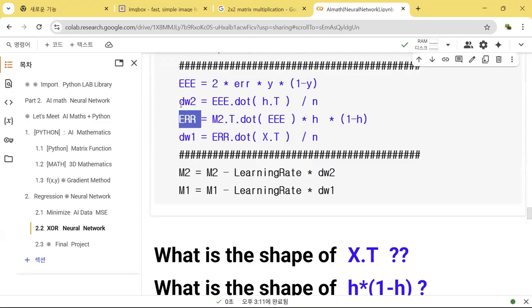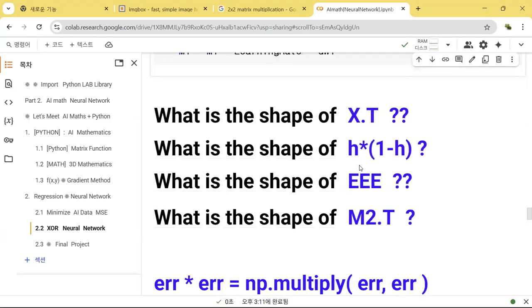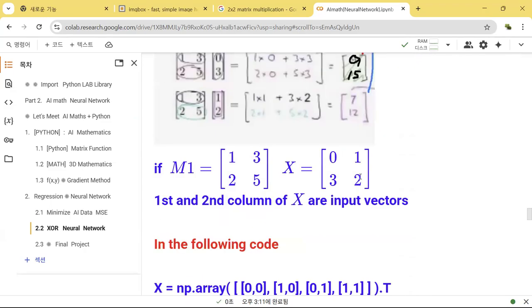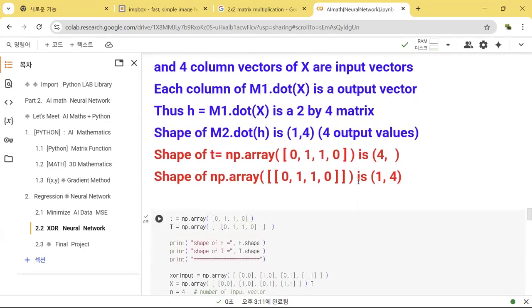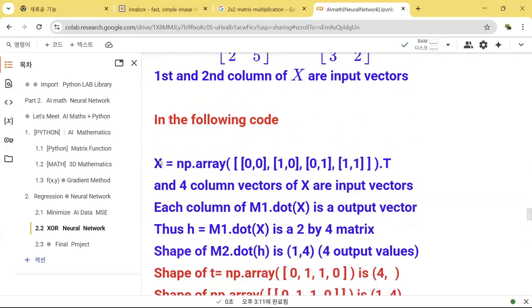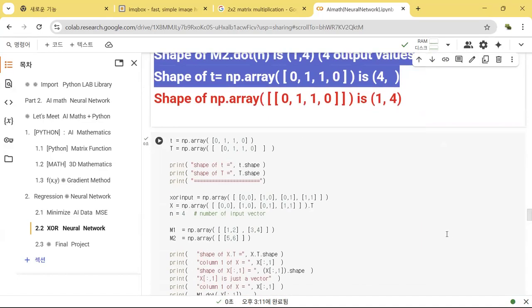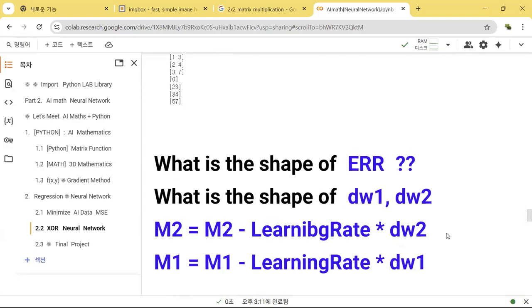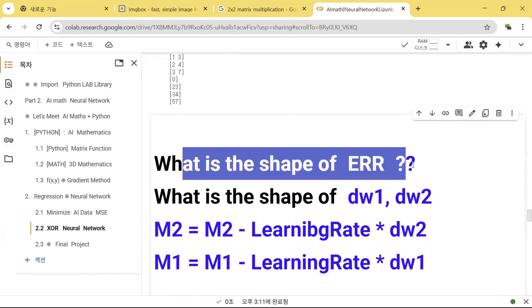What is the size of ERR? What is the size of DW2? Something like that. So by just computation or using this kind of code, there are some explanations there. Study this one